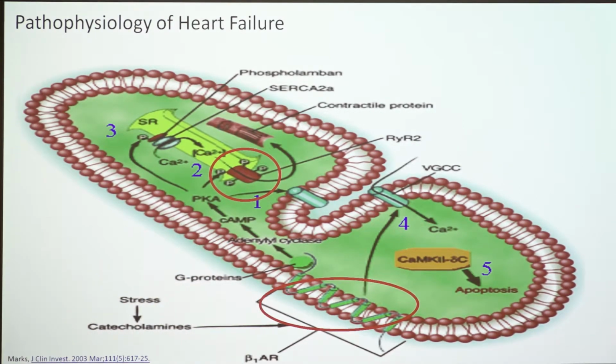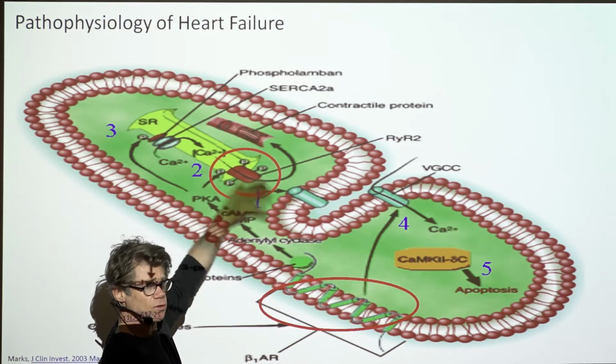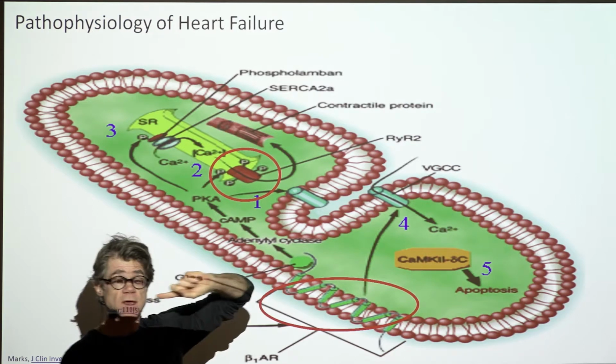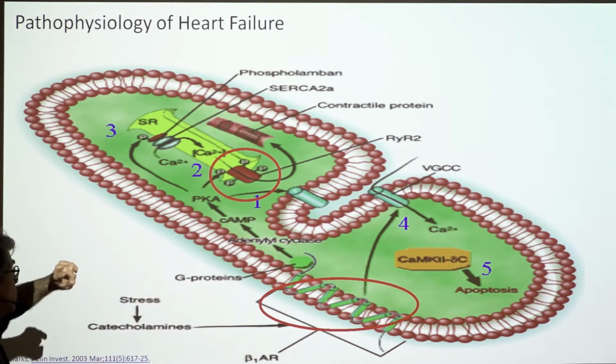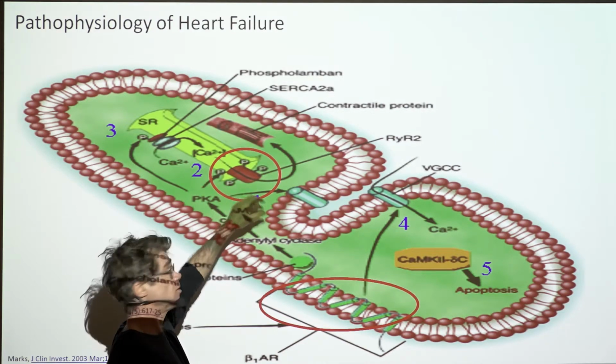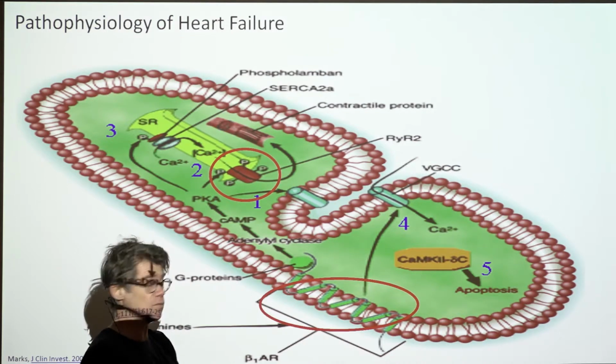So very central to heart failure, to contractility and heart failure, is this regulation of calcium release. And in heart failure, this is hyperphosphorylated, so there's a leak here. So there's constantly calcium leaking out into the cytoplasm, which you might think increases contractility. But the problem is that this causes extra systoles, so extra arrhythmias, and it causes ventricular arrhythmia and fibrillation. So if you give too much adrenaline, you can cause ventricular fibrillation.